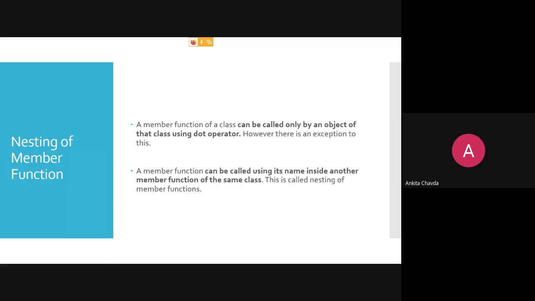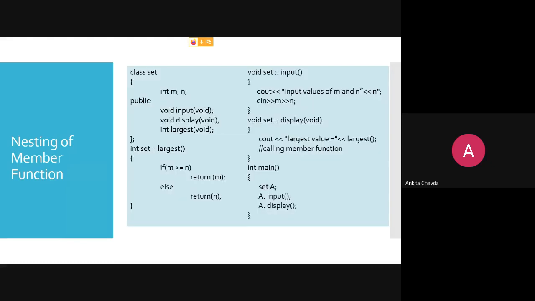If you are calling your function from int main, then you have to use the object and the dot operator, and only then can you call the function. But what if I am calling my function from a function only? A function calls another function. You know this thing from the C language, right?